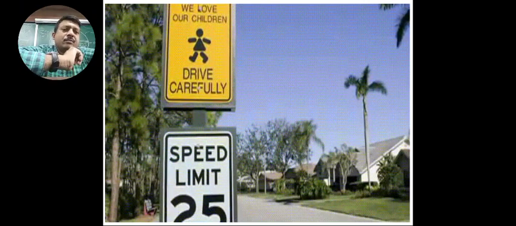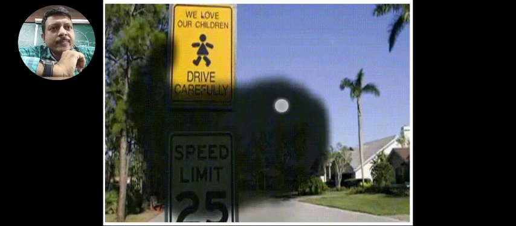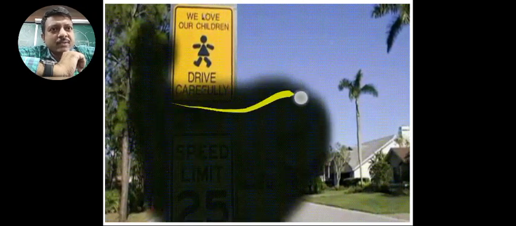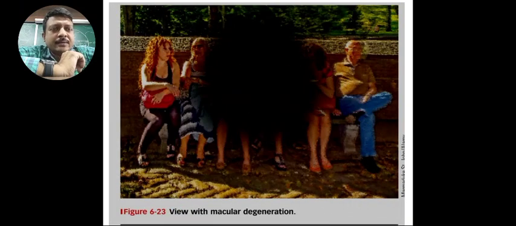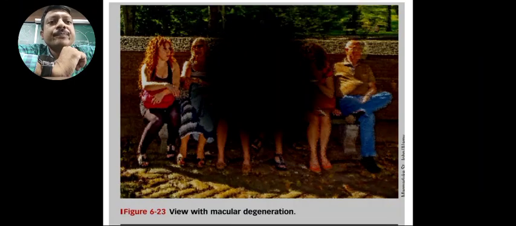Now this picture is showing the visual field defect. This one is the first visual field defect. When the visual field defect gradually increases, the peripheral field of vision gradually decreases here, and the visual field defect gradually increases here. This is known as the island of blindness within the sea of vision. This is known as scotoma, and it is seen in case of macular degeneration.